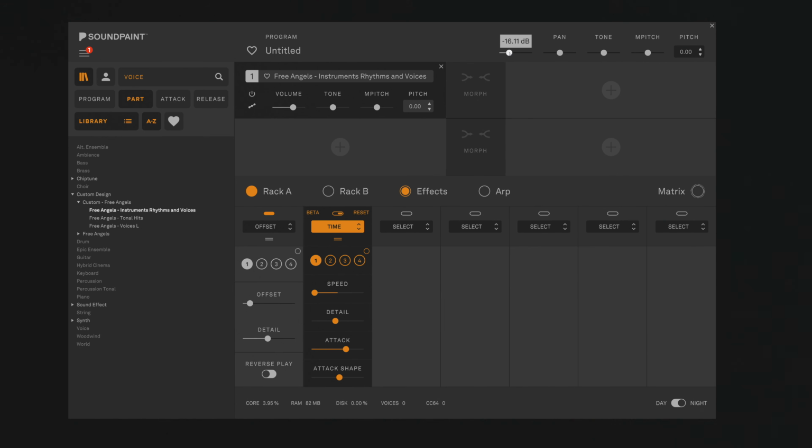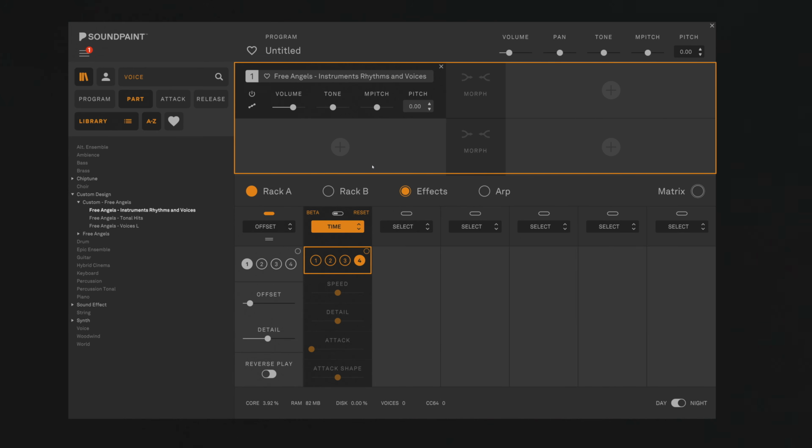That's a little bit about time, you know. It's still in beta. We're still gonna make some changes to it. If you click up here, for example, you can also assign different parts to time, and if you want to control them all, you click this little link up here. But essentially each of these numbers here, just like our offset, will correspond to each of the parts up here,